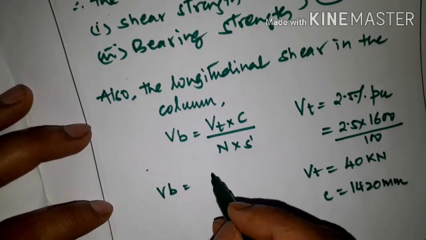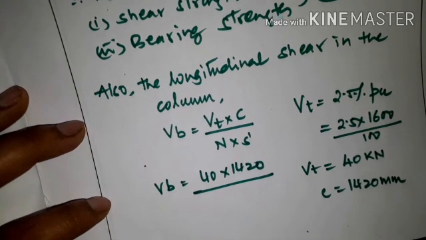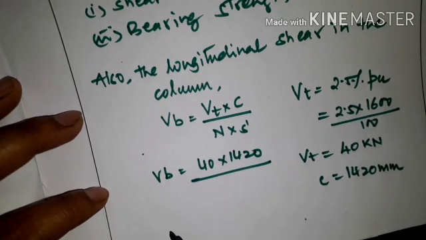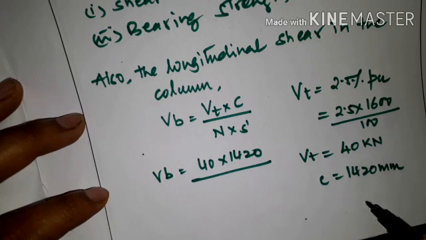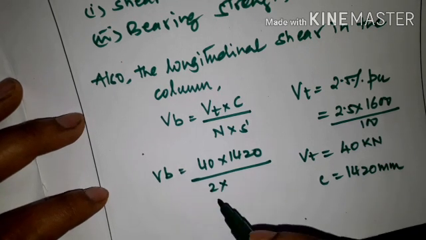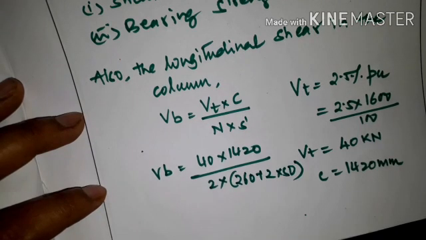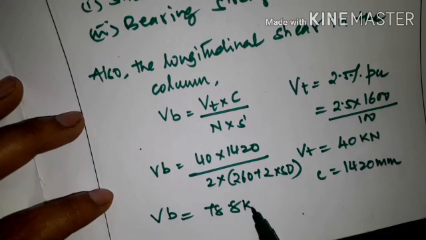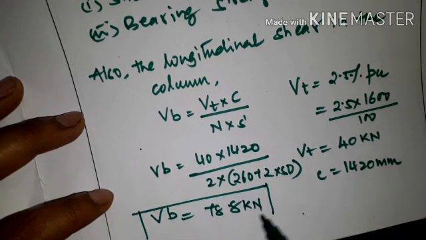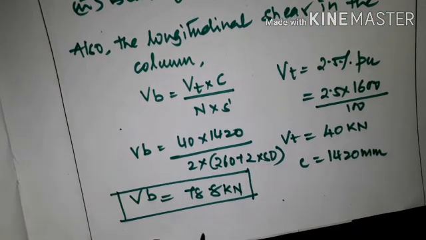Vb is equal to Vt, 40, into 1420, divided by the number of battens, 2, the number of battens between the space C. We have to provide the center to center distance between two battens, so that's 2 into S dash, which is again 260 plus 2 times 50. Okay, so we will get Vb is equal to 78.8 kilonewton. Okay, so therefore the number of bolts will be